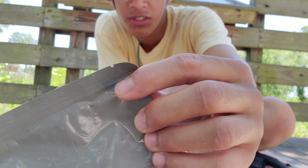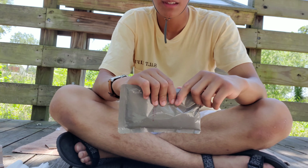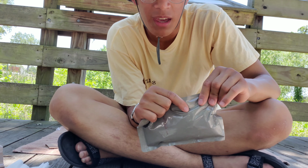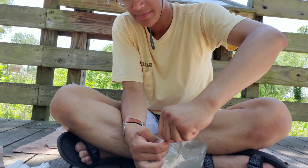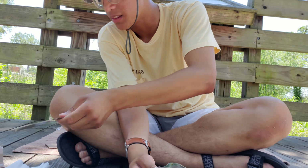This is where a spoon comes in handy. You look for the little ridge. See that little ridge right there? You want to fold everything down. It's hot, so actually put in an okay amount of water, but it's hot. It kind of burns to the touch. You open it lengthwise,